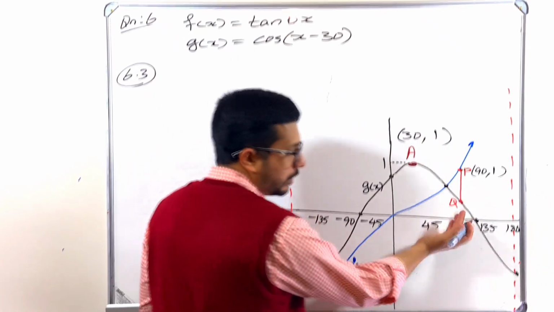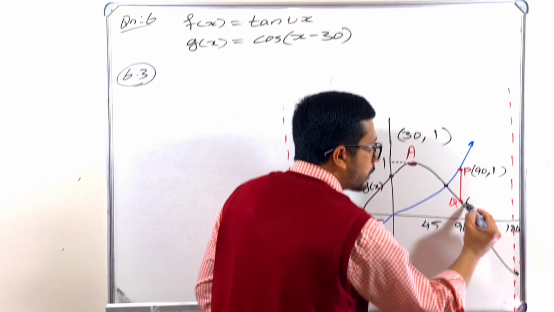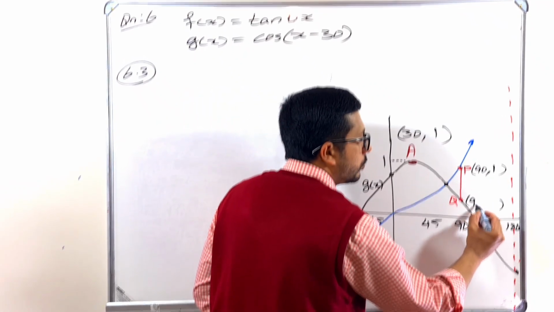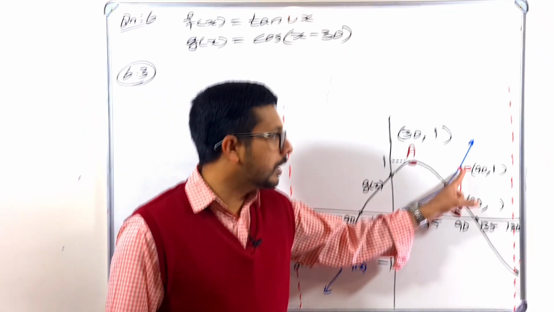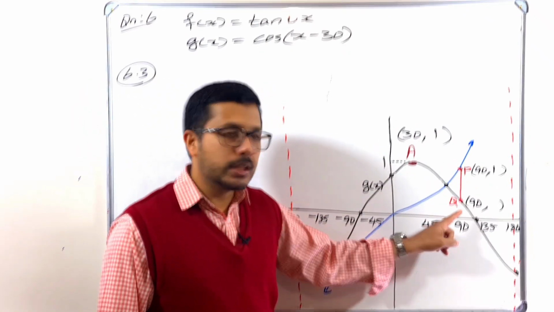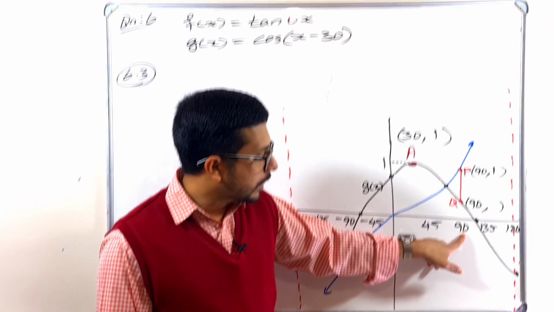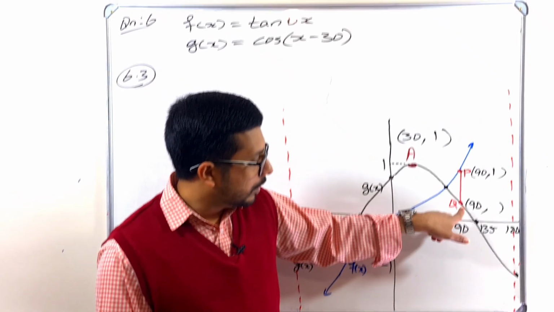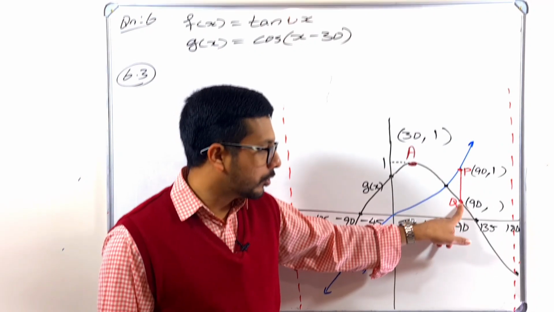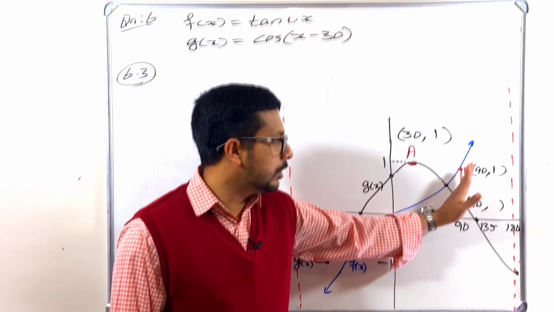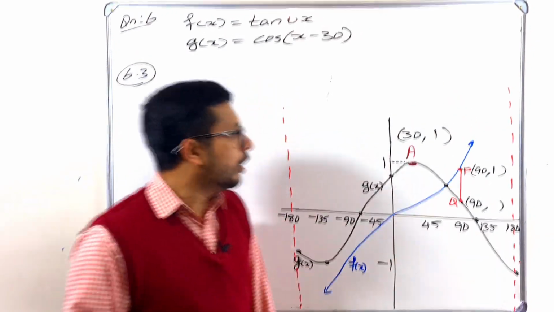So since this line PQ is parallel to the y-axis, here the x value of Q is also 90. Am I right? Because it is given that this line PQ is parallel to the y-axis. So it means that the x value of 90 for P is the same as the x value for Q, that is also 90, because these two lines are parallel, or this one is a perpendicular line. Okay, now